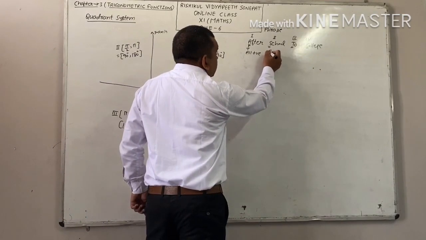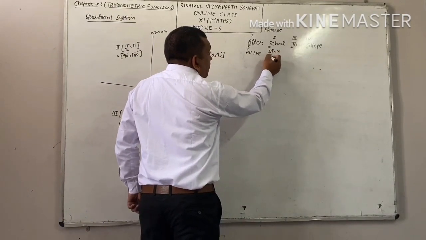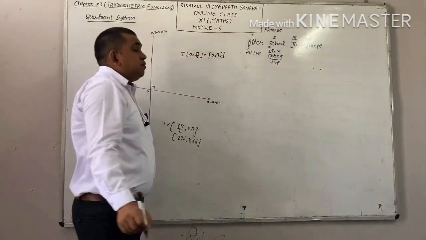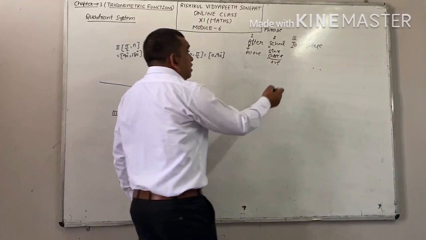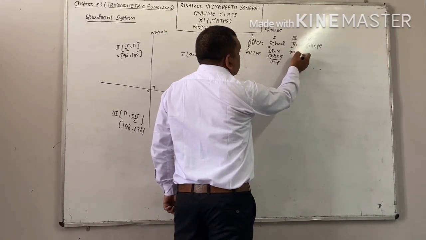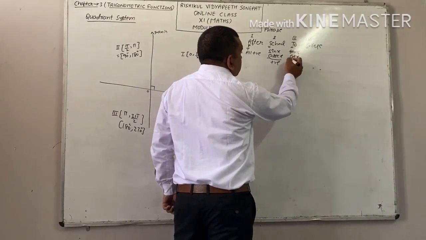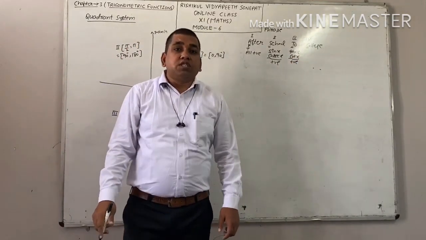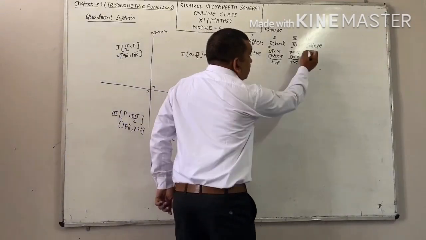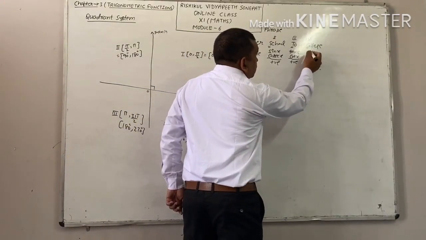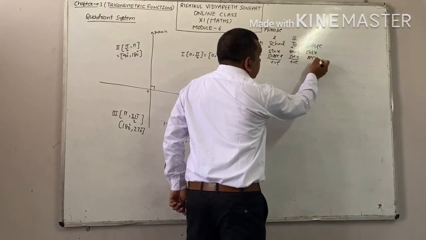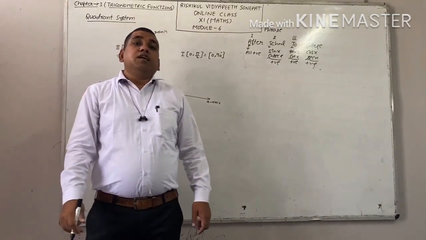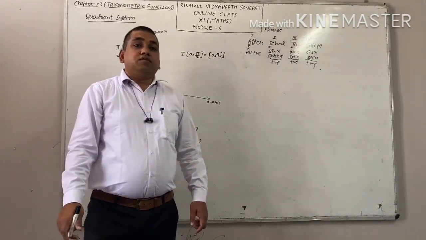S for sine: in second quadrant sin x, and reciprocal of sin x is cosecant x. These two have positive value, remaining will have negative value. T for tangent x, reciprocal of tangent is cot. In third quadrant, tangent x and cot x will have positive value, remaining will have negative value. Now C for cos, and reciprocal of cos is secant. Means in fourth quadrant, cos and secant x will have positive value, remaining will have negative values.